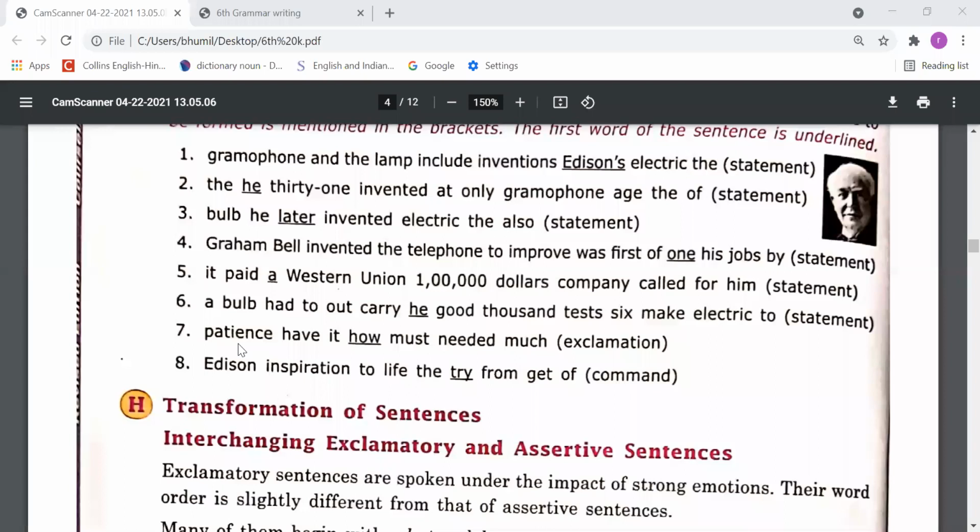Next, sentence 7, an exclamatory sentence we need to form. We can say here: How much patience it must have needed! Sentence number 8, a command: Try to get inspiration from the life of Edison. So dear student, in this way you have to do this